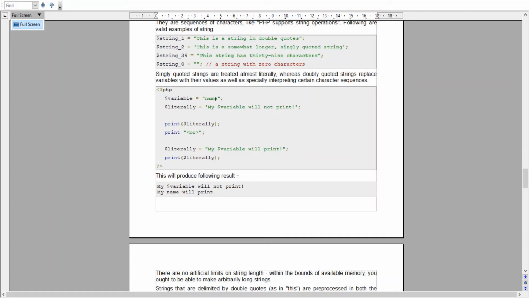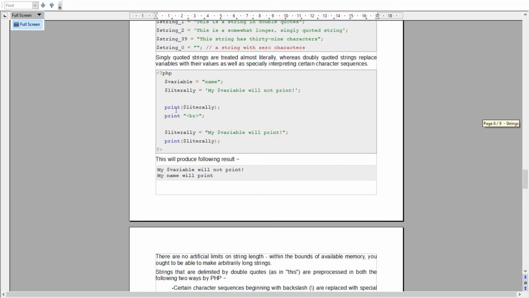So whenever we have to assign a value in the form of a string, it has to be assigned in double quotes. Now we have declared another variable, literally, and to this we have assigned a value in single quotes. Here we are writing my, then dollar, giving the reference of this variable, which will not print.